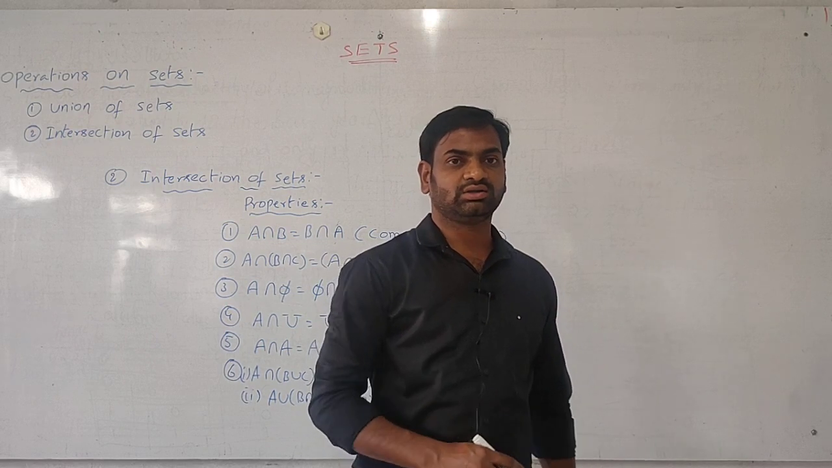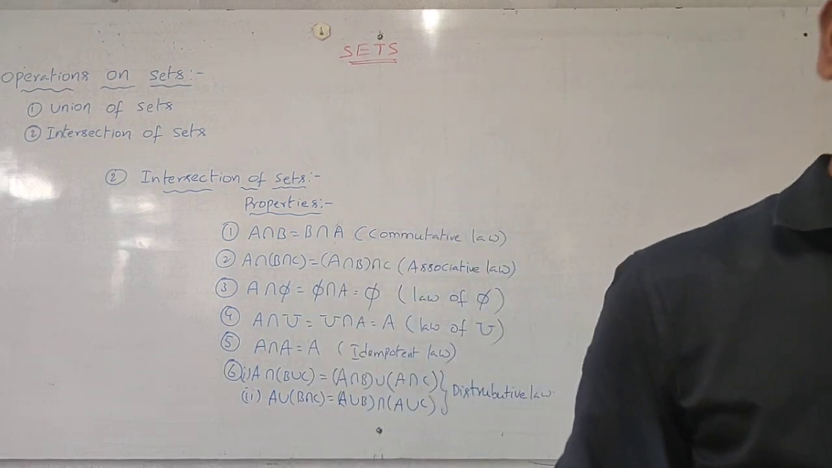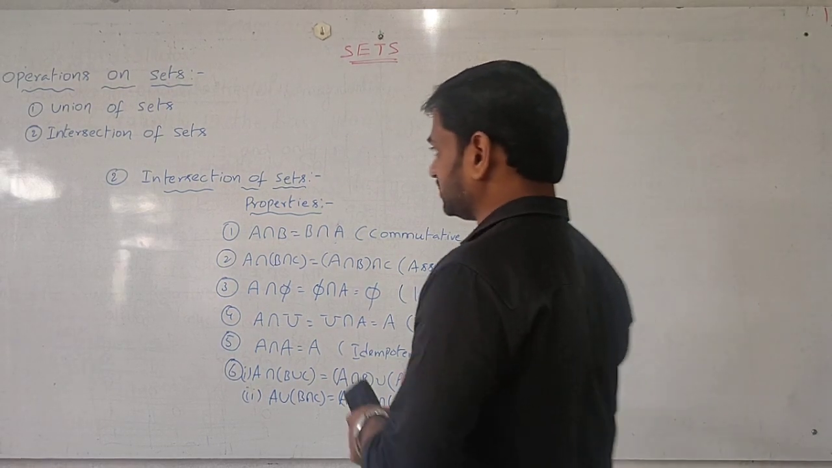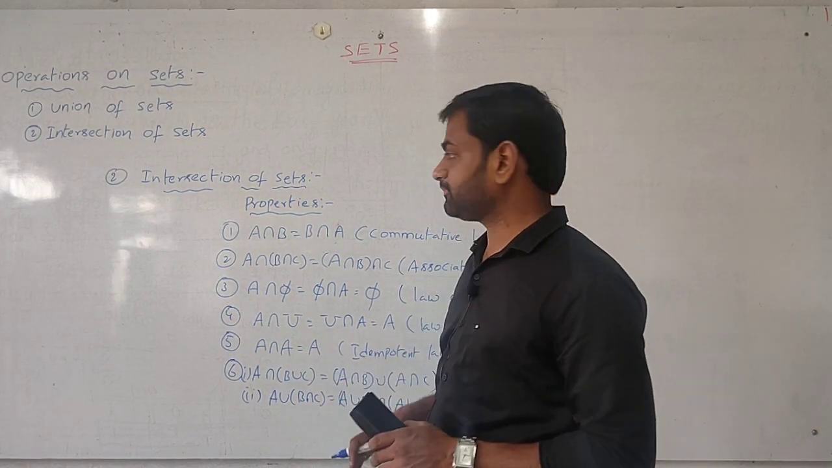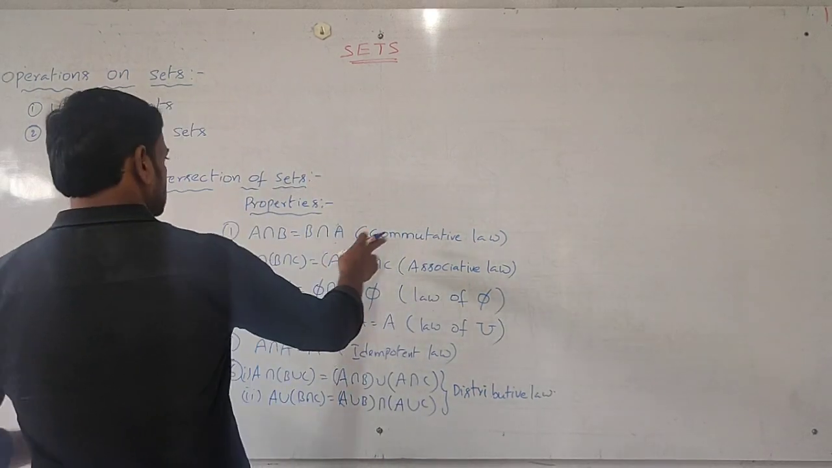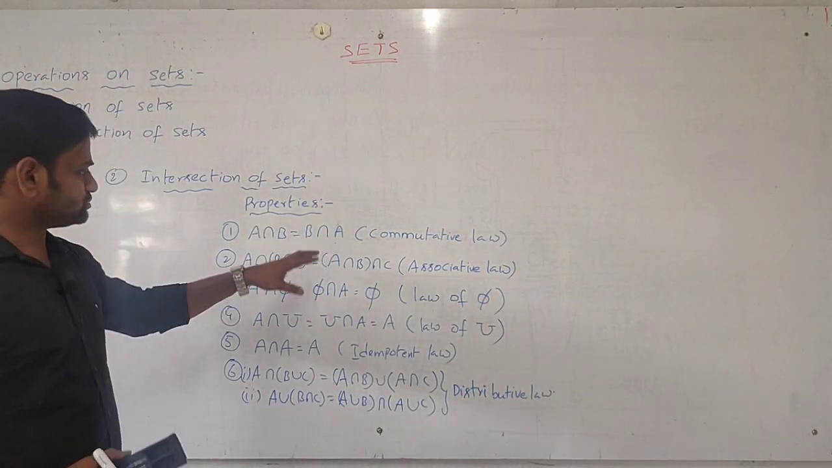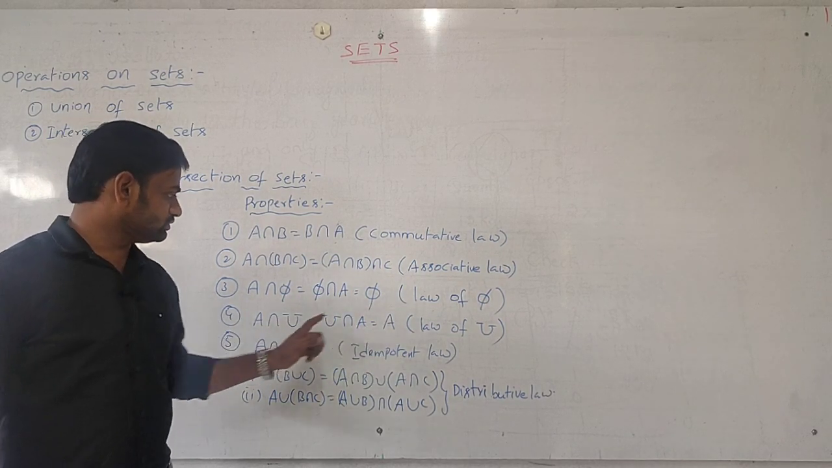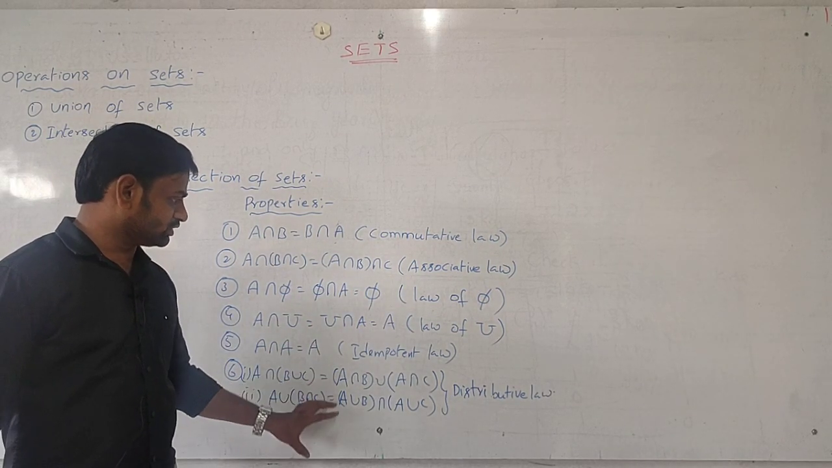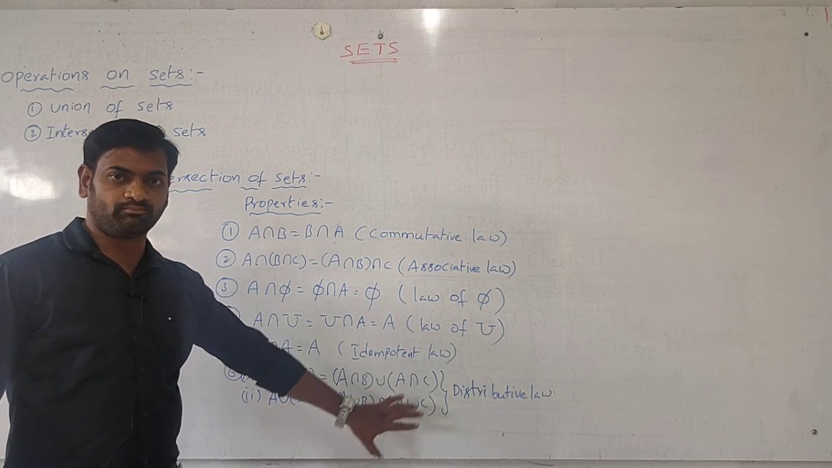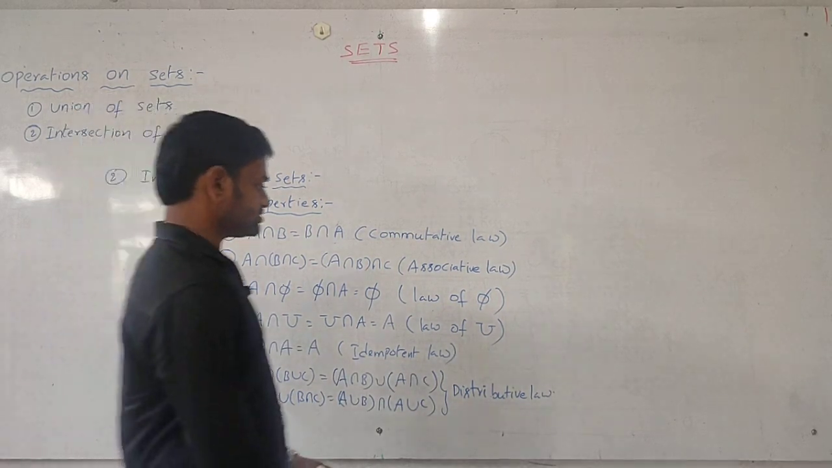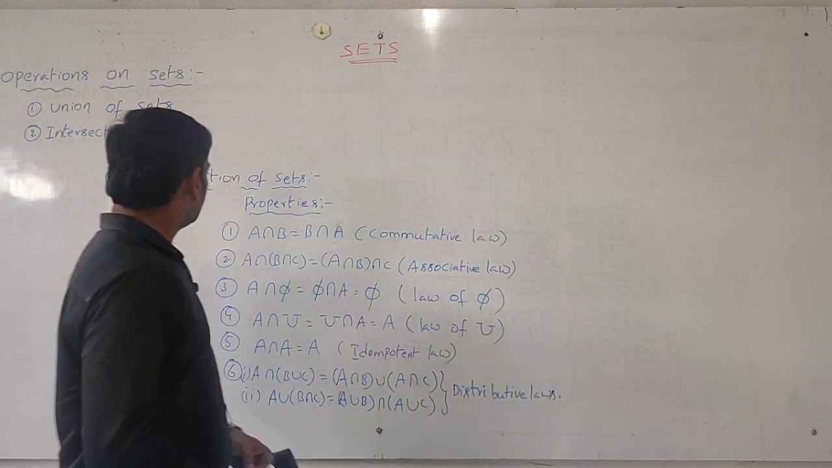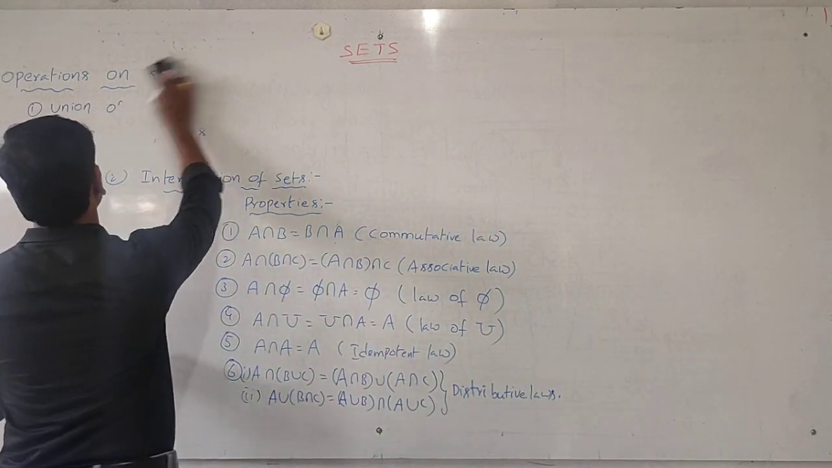So these are called properties. First one is the commutative law, this one is the associative law, this one is the law of 5, this is the law of U. Next, the idempotent law. Next, these two are called the distributive laws, both are distributive laws. Okay. The next topic is